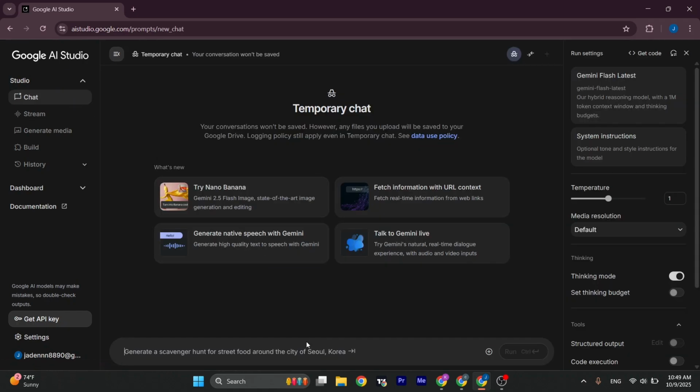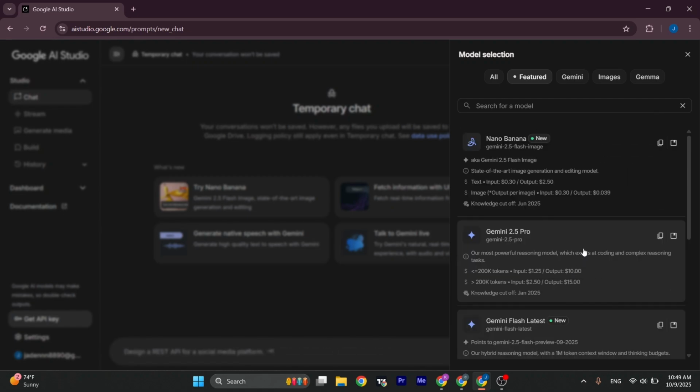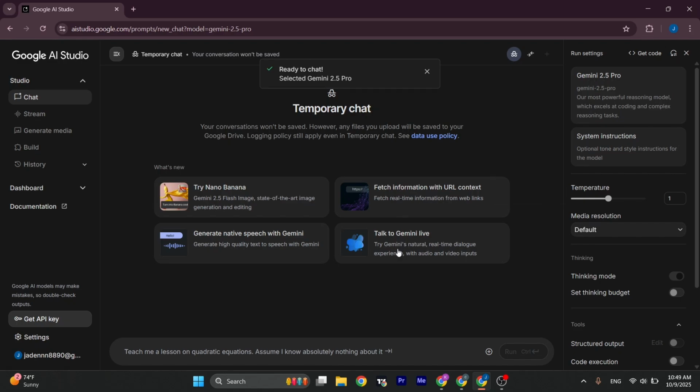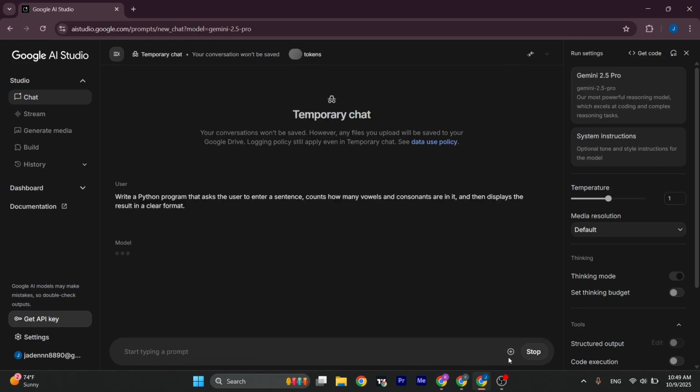Just for the coding help, you can head over to the chat section, and on the top right of the screen, as you can see, there are different models and various models have different workflows. You can try using one of these models and adding in a simple prompt. So here's an example that you can try out. Once you enter in your prompt, you can hit run,